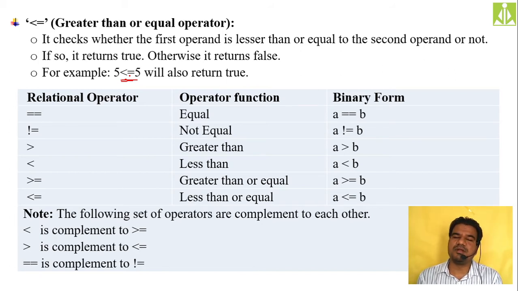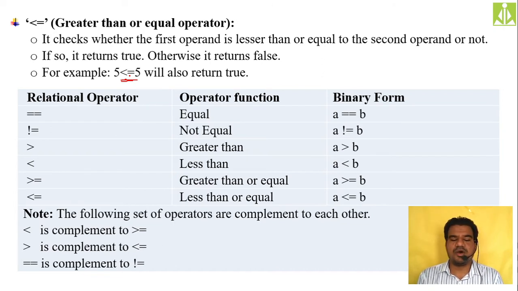And if you do the comparison between the operands, these relational operators will return Boolean values, either true or false, based on the type of operation and the behavior of the expression. Here I am summarizing the different relational operators, and as you can clearly see, all the relational operators are binary operators. They require two operands to perform their operations. We cannot make these relational operators unary or ternary. They require exactly two operands to check the equality, and accordingly they return the Boolean values, true or false.